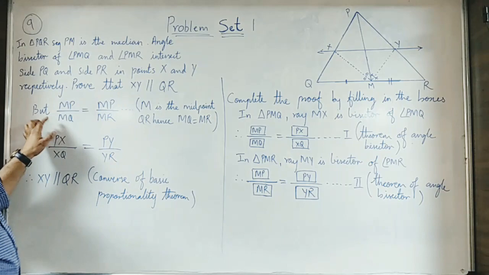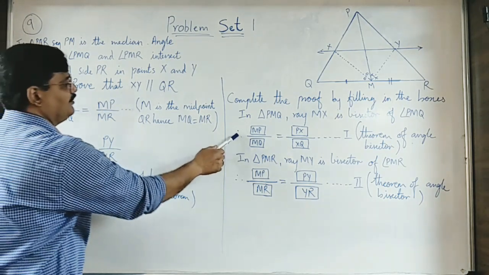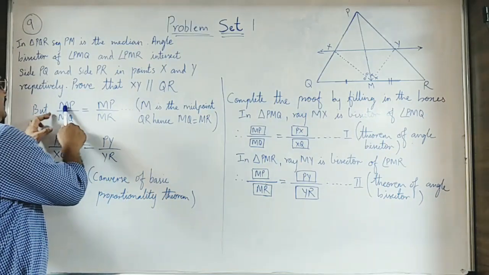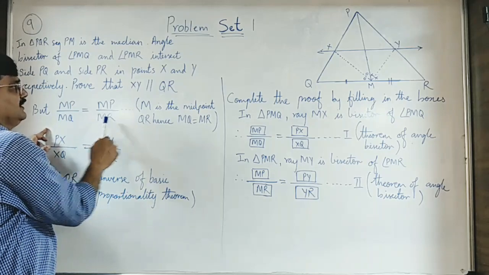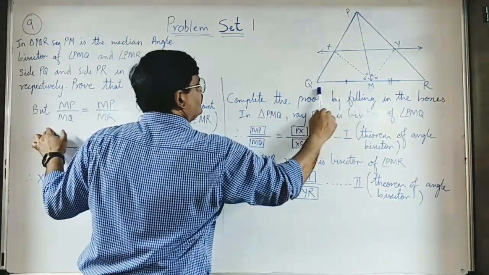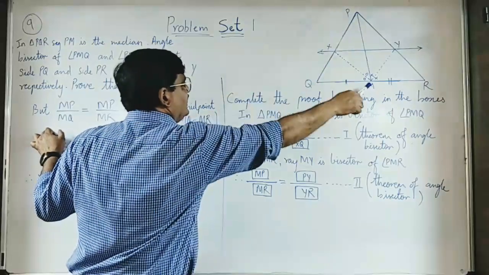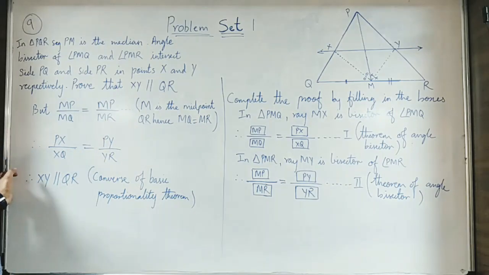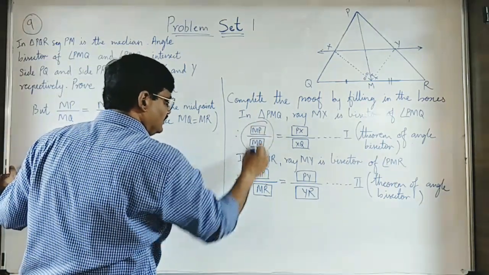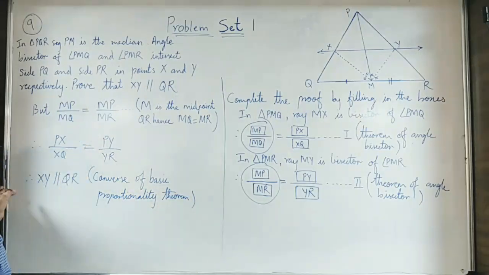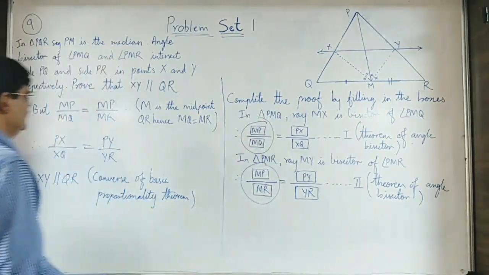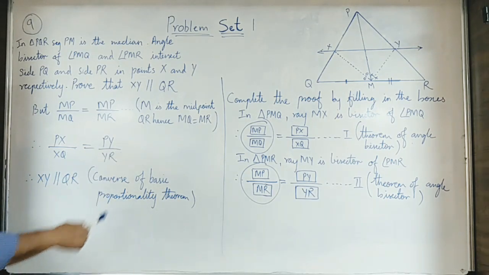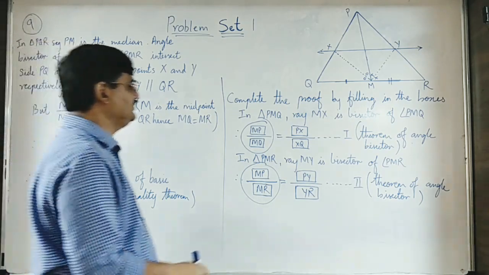Now if you check this statement, they have told that MP upon MQ is equal to MP upon MR, because this is MP. But what about MQ and MR? Yes, MQ and MR are congruent because this is the median and M will act as a midpoint. Therefore, it is written M is the midpoint of QR. So, therefore, MQ and MR are equal. So, if this ratio is equal to that ratio mentioned in this statement, why not the right hand side is equal? So, what is the right hand side? PX upon XQ is equals to PY upon YR. Now, let's check it out. There, where is PX?